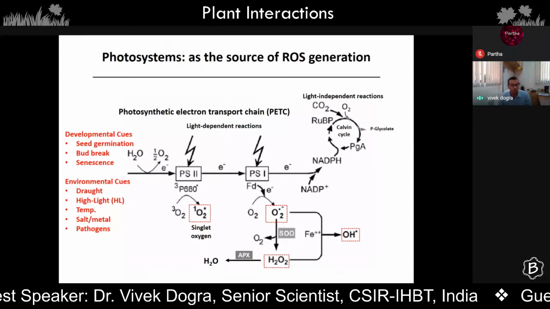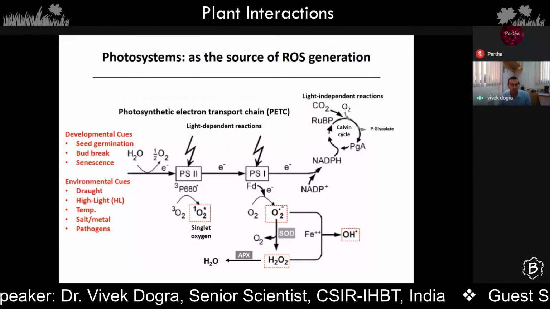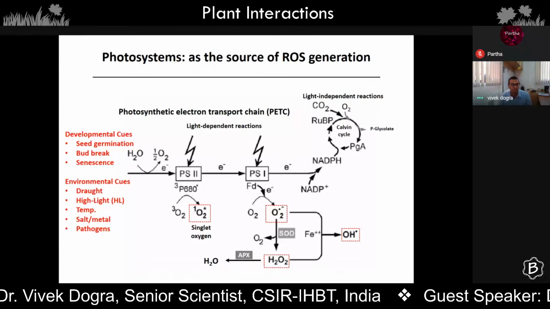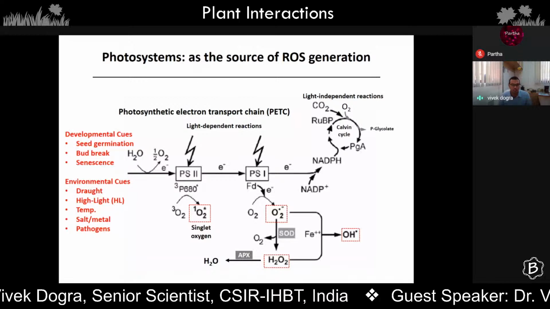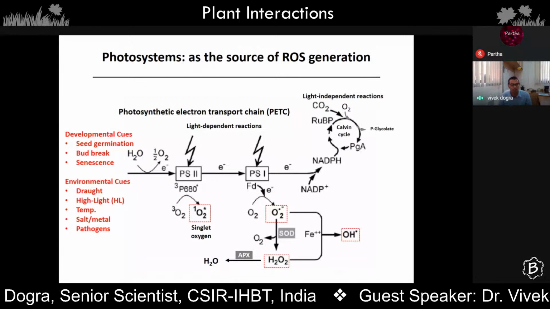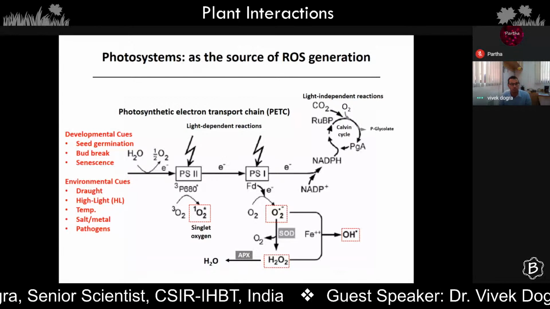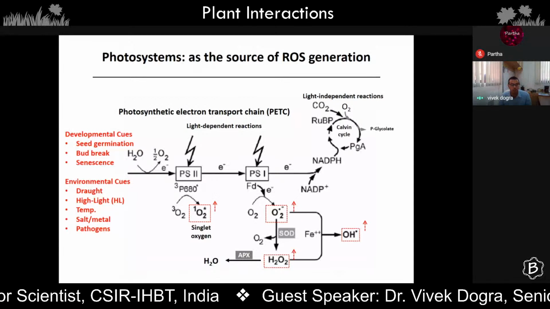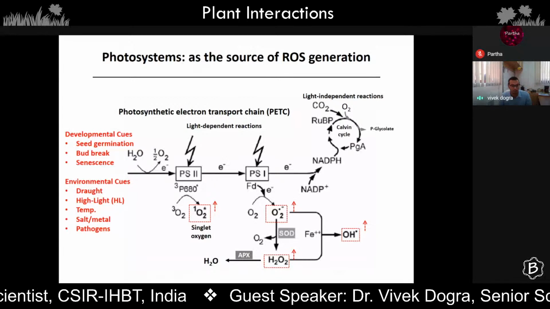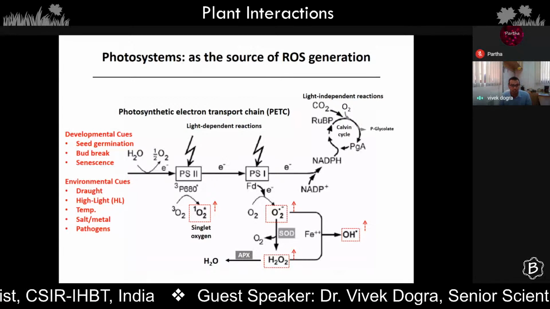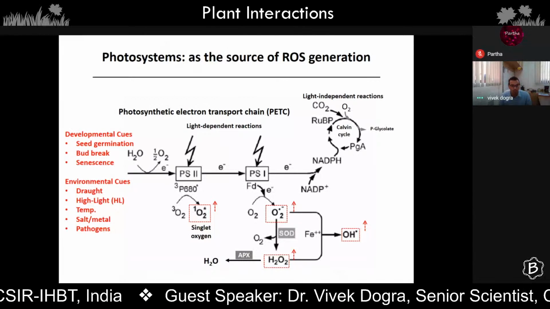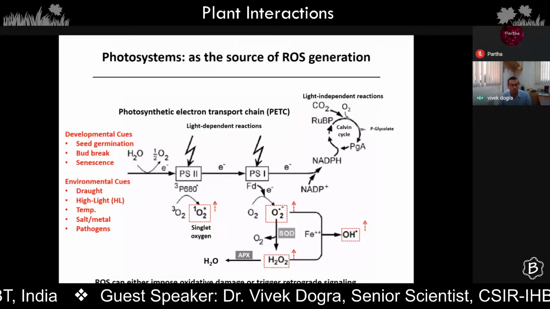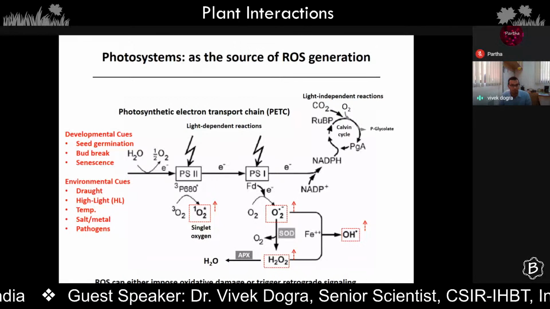At the same time, when the plant faces environmental challenges, including drought, high light, temperature fluctuations, salt and metal, and even pathogens, although we see pathogens attack from the outside, they can also have an effect on the chloroplast itself. So upon these challenges, the ROSs start accumulating a lot. So when these ROS accumulate, what happens now? Upon this, the chloroplast either faces oxidative damage because of the ROS,